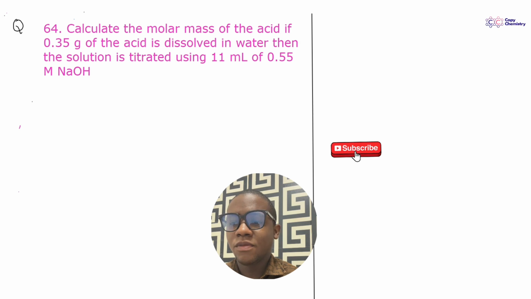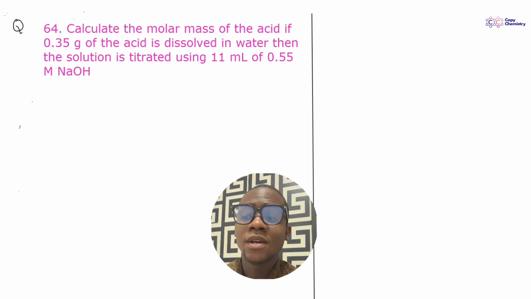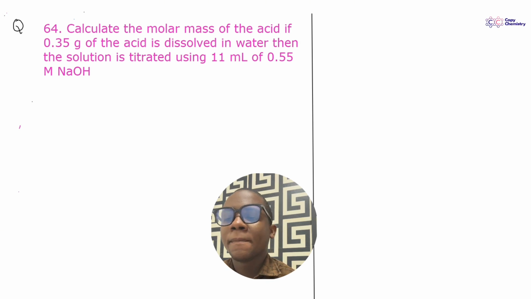Calculate the molar mass of the acid if 0.35 grams of the acid is dissolved in water. Then the solution is titrated using 11 ml of 0.55 molar NaOH, that's sodium hydroxide, which is the base. Now, if you have 11 ml of the base, 0.55 molar,